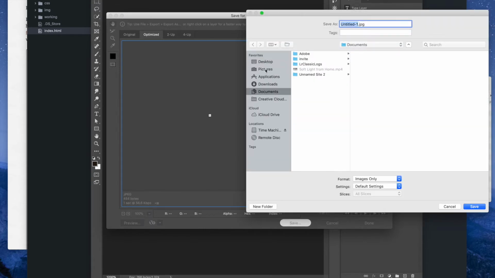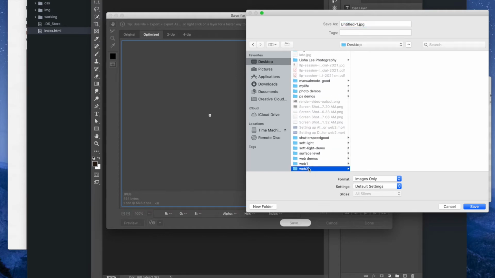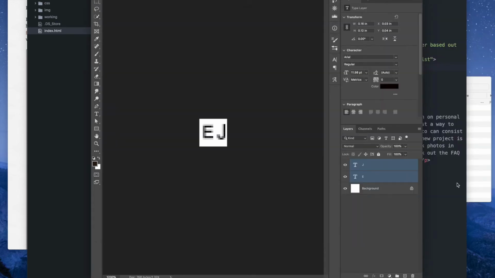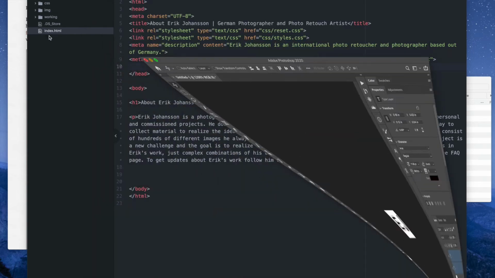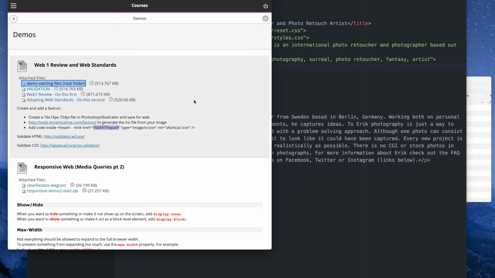And whenever you're saving the favicon, this goes inside of the working folder, because we're not going to be using this file. What we're actually going to be using is a file that we make from this one. So we are done with Photoshop, and on Blackboard I do tell you, make it this